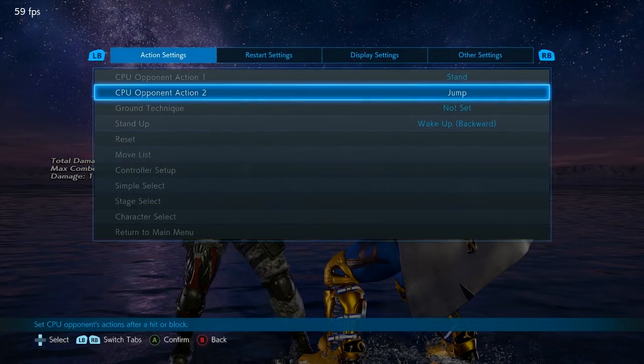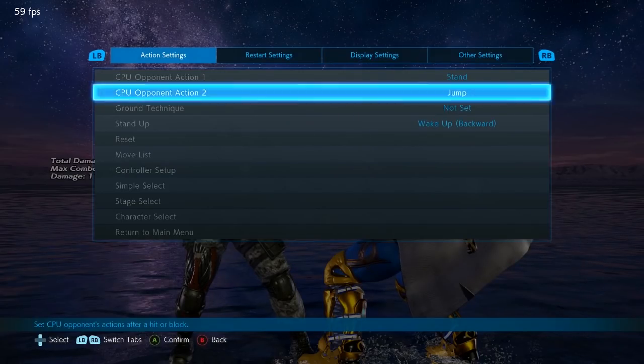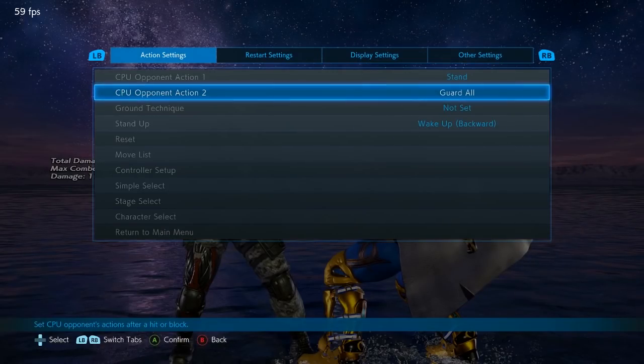So that's how you would use that. By default, this is my suggestion to everybody who's new to this game. By default, CPU opponent action 2 should always be set to guard all. And the reason why is because if I set it to not set, like it is by default,